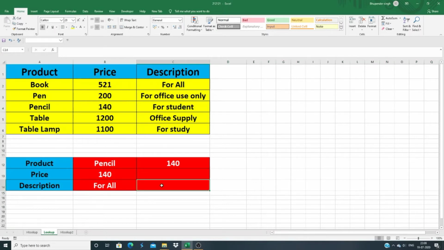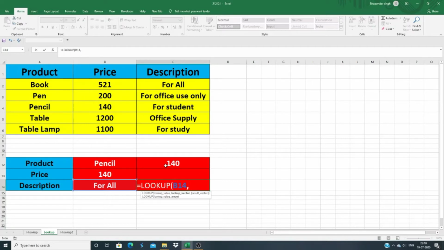You know very well that VLOOKUP only works left to right, and HLOOKUP also has its limitation, but lookup has no limitation. You can go left to right, right to left. So here we are just going to use this for all as a lookup value. So let's see a practical example. Type lookup value B14. So guys, this is a very important portion of lookup.